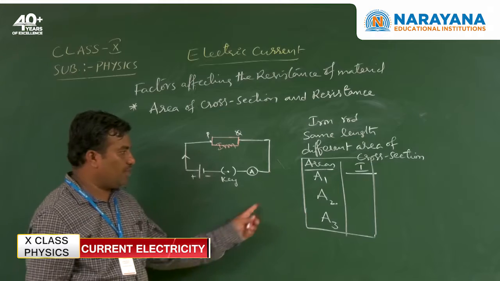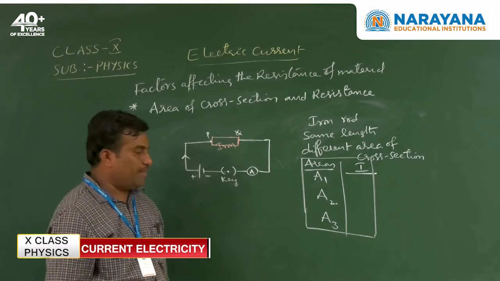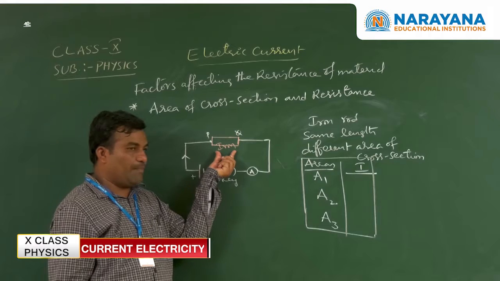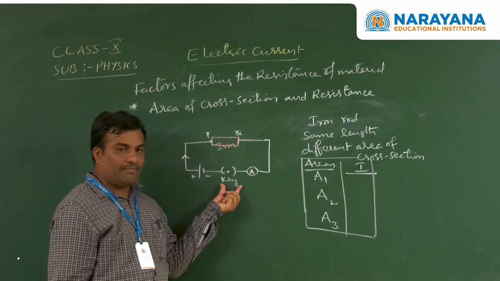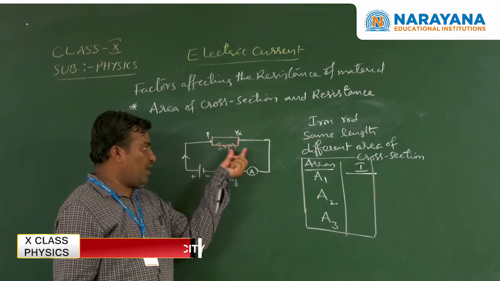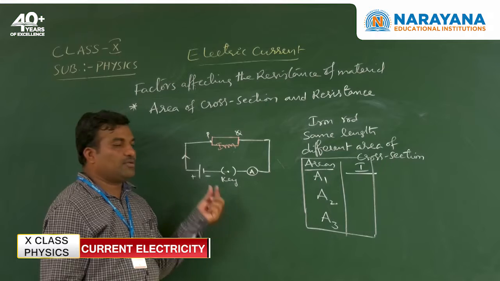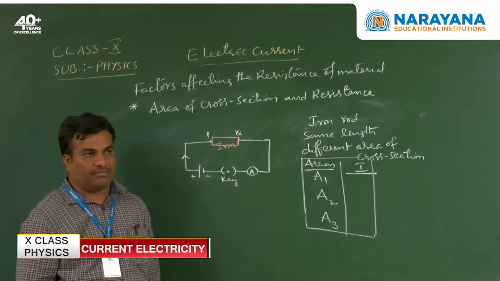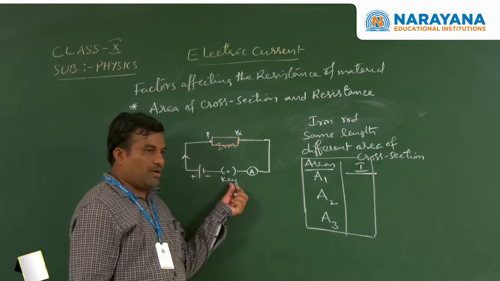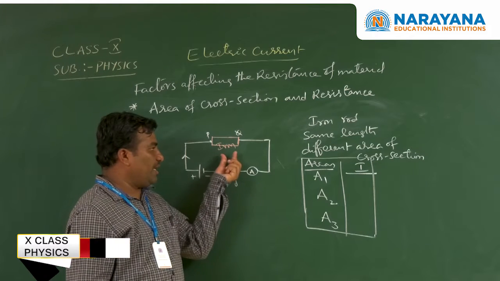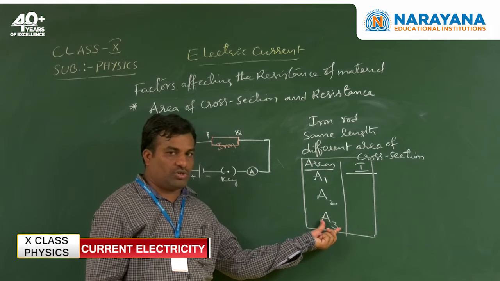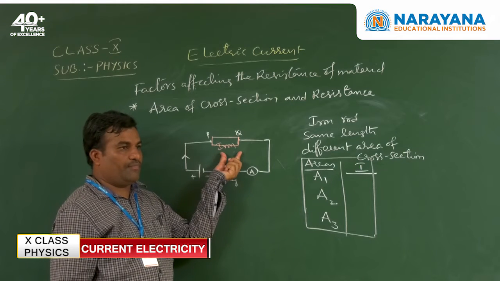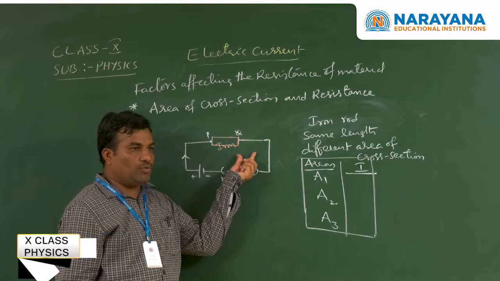Okay. So first of all, you note something. Next, second one, you arrange it between P and Q. Press the key. Current flows through the iron rod and comes back to the negative end. Note down the reading from the ammeter and switch off the key. Then we take the third area of cross section of the iron rod instead of the second iron rod and fix it between P and Q.